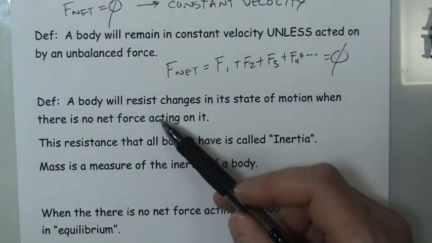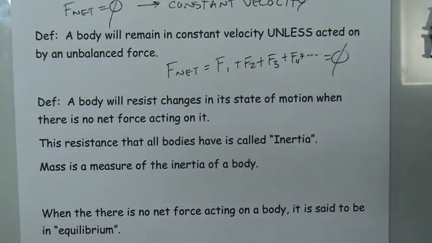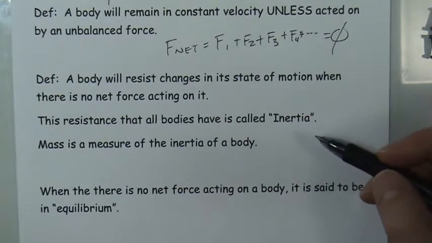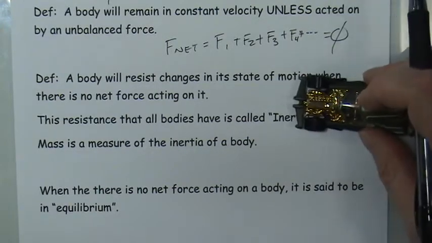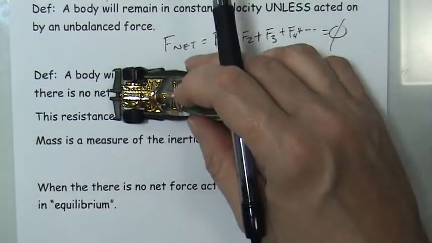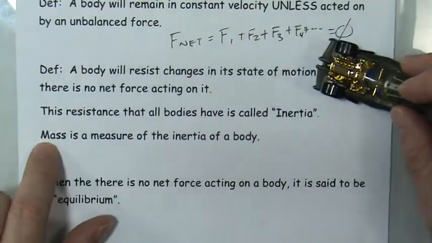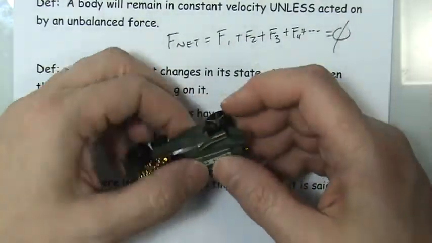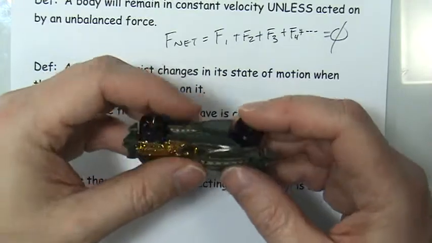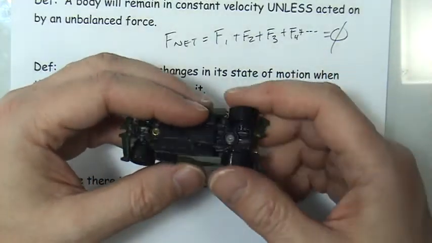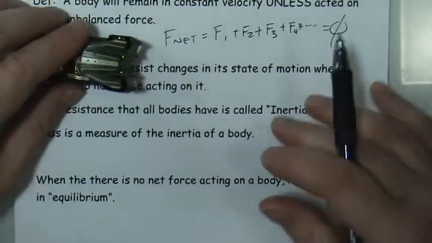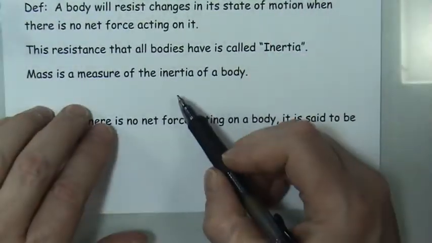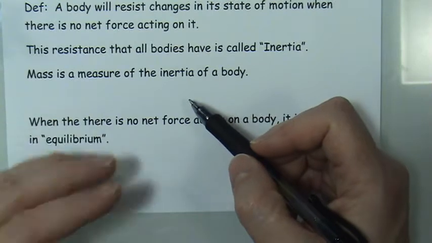That property of resistance, that makes objects so resistant to changing what they're doing, Newton coined the term inertia for. So for all practical purposes, when you talk about an object moving in a straight line, the inertia is based only on their mass. Now, if you have an object that's spinning or rotating in some direction, there's a little bit of a different way to calculate the inertia. But we're going to just be looking at objects moving in a straight line. And for objects that move in a straight line, the measure of inertia is how much mass you have.